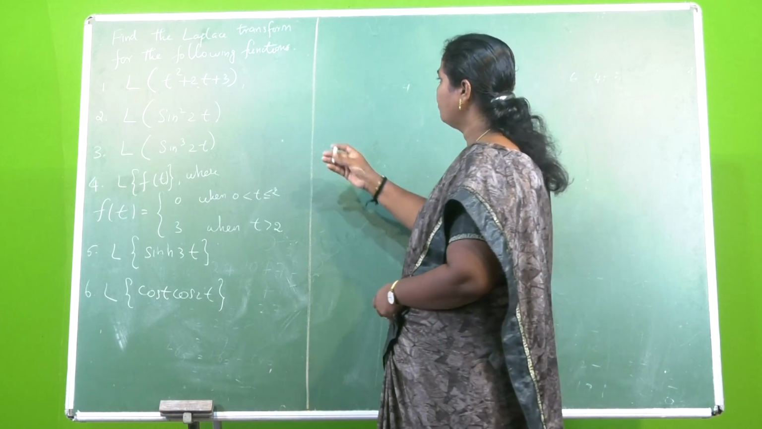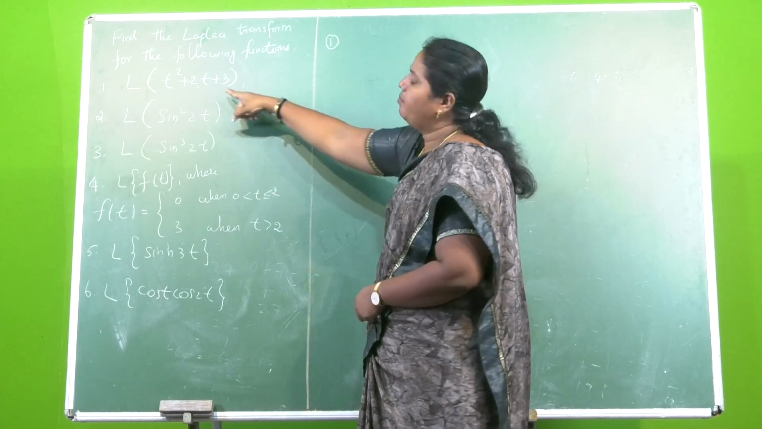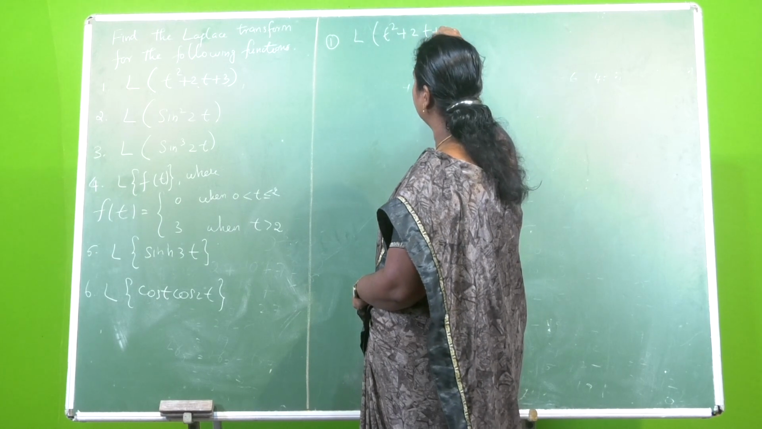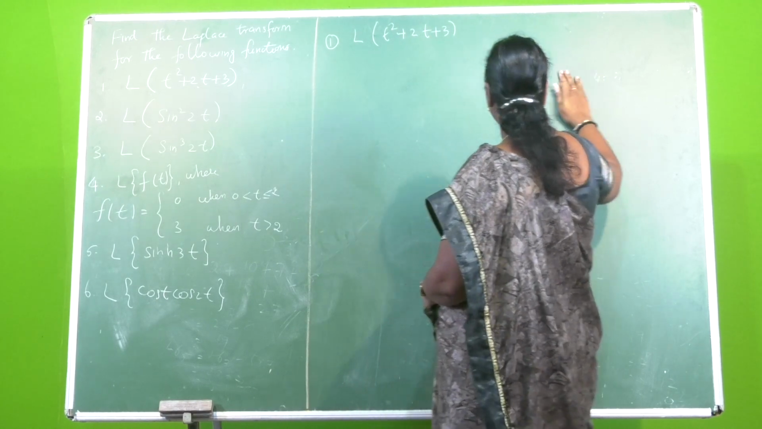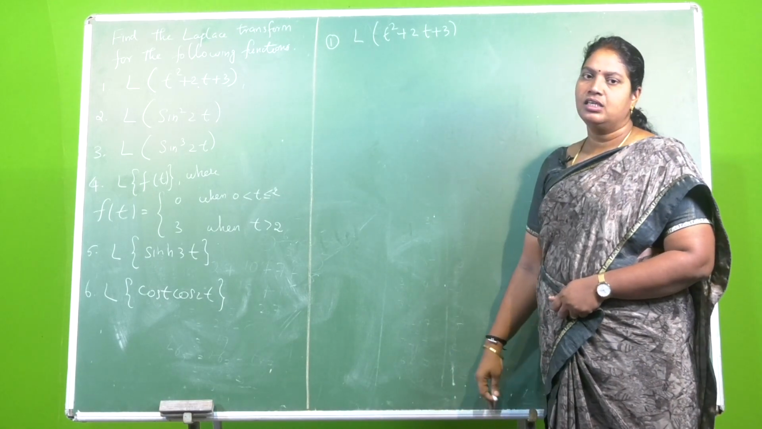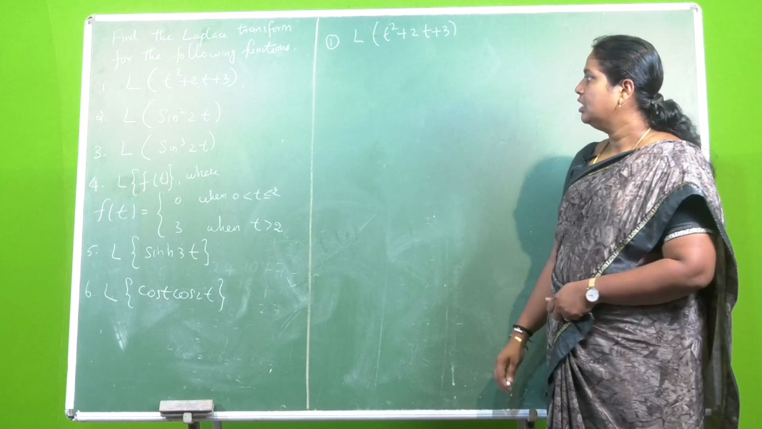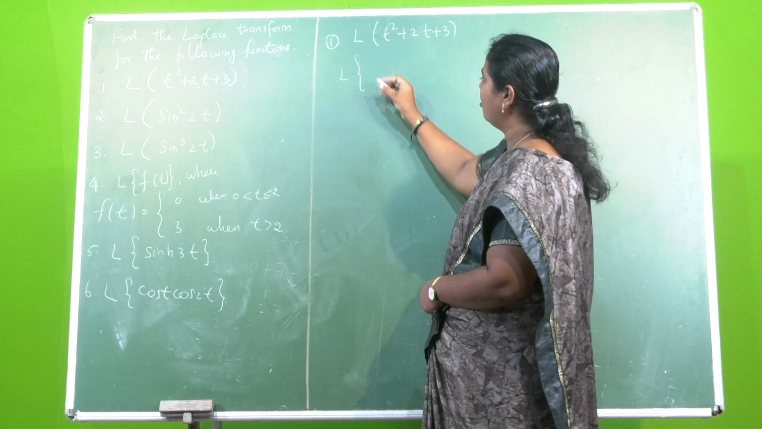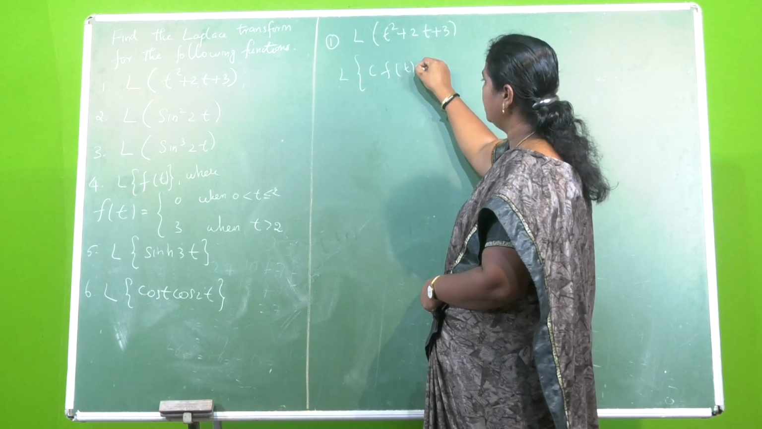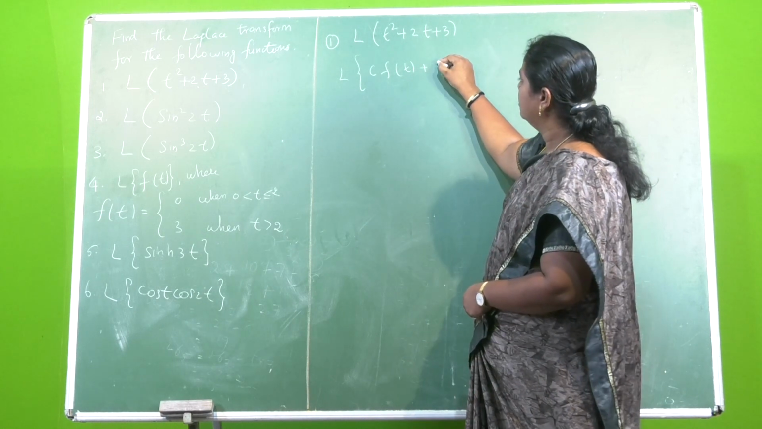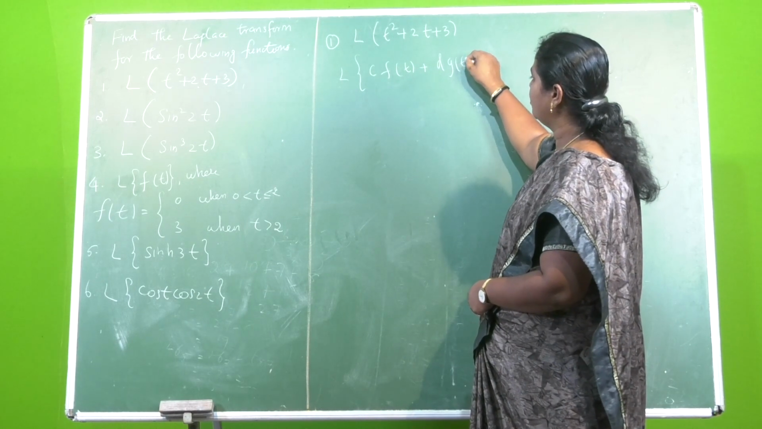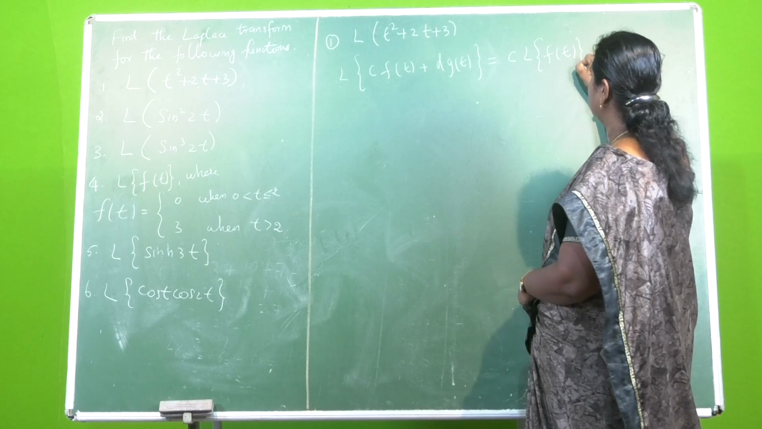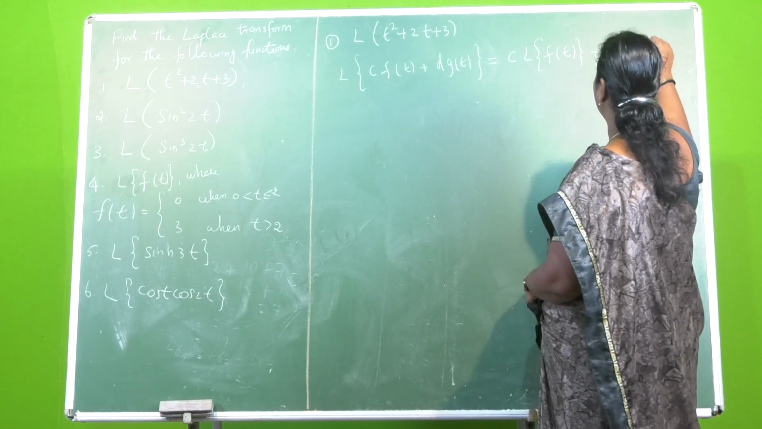Okay. So first problem, we are going to solve Laplace transform of t square plus 2t plus 3. So to solve these problems, we are going to apply linear property first. Okay. So what is linear property? Let me recall, that is L of c times f of t plus d times g of t is equal to c times L of f of t plus d times L of g of t,